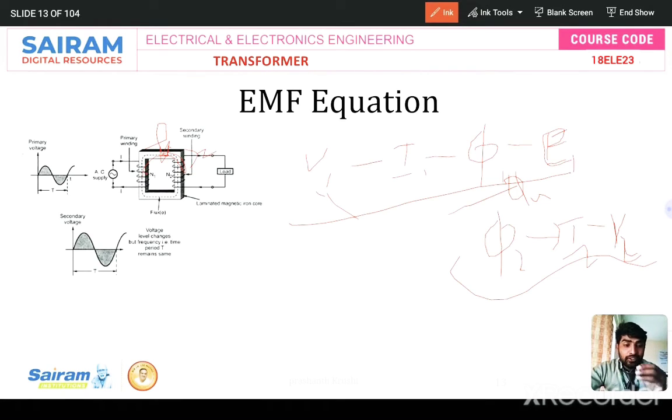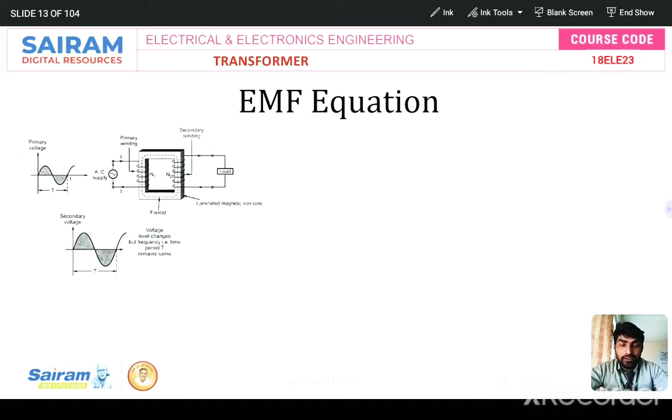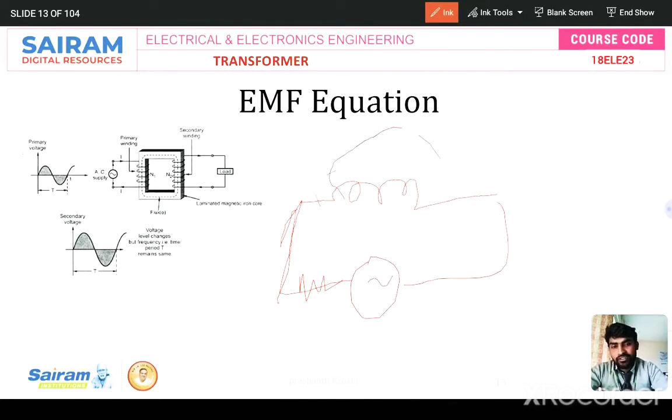Once again, how is the transformer developed, right? I'll just give you the hint. Just consider one winding, okay, one conductor. When I twist the conductor around, I'll be giving a power supply over here like single phase AC, okay. If you give a power supply, you can change the current by using a resistance over here. If you change the current, what happens? It induces flux and EMF, right? That is self-induced EMF.